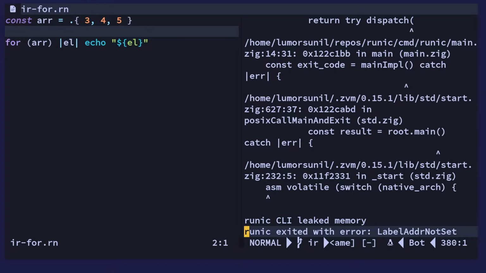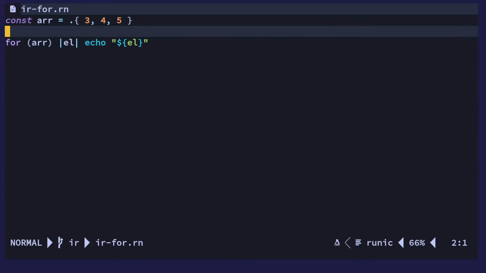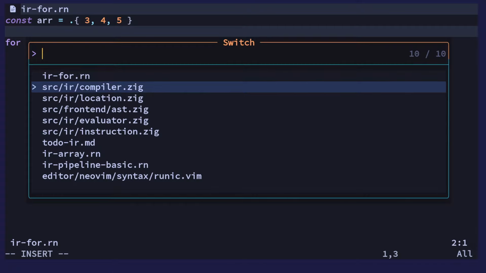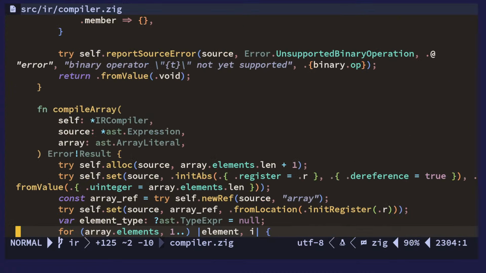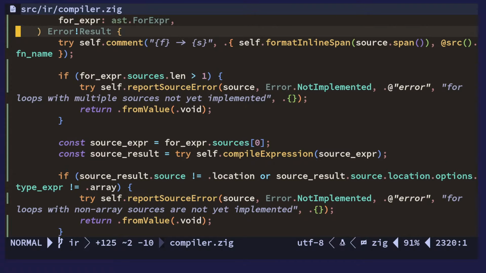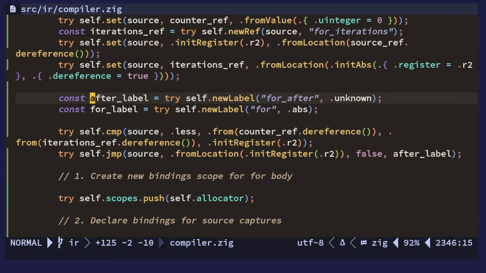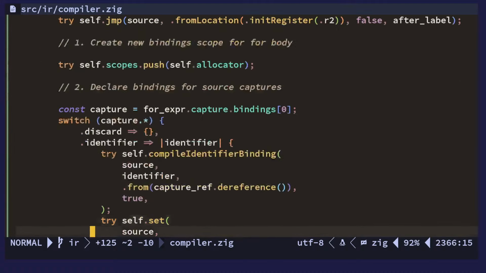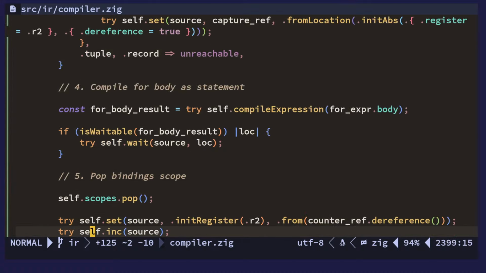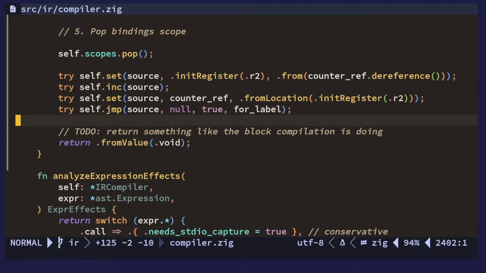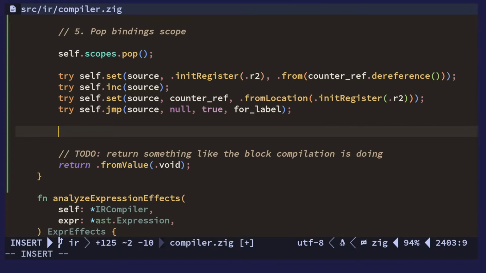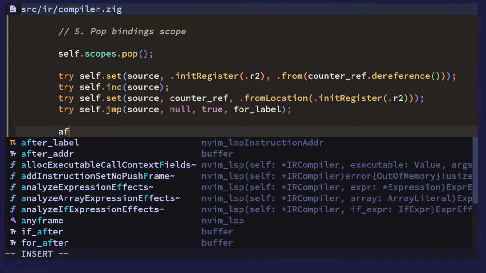Okay, we got a memory leak. Label address not set. Right, memory address not set. Yeah, makes sense, because we have this label here that I forgot to set after label. This is supposed to exist here, but then we also need to set where it's supposed to be. It's like a lazy address. So it has to be over here then. I forgot how you do this, but after label,